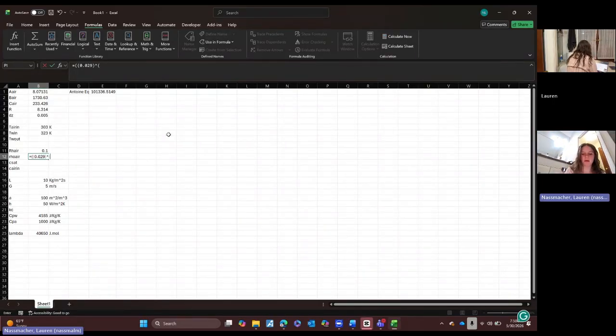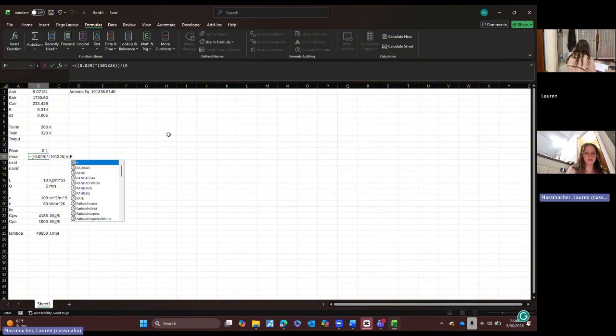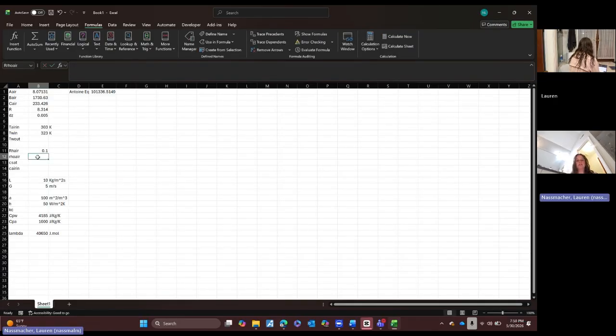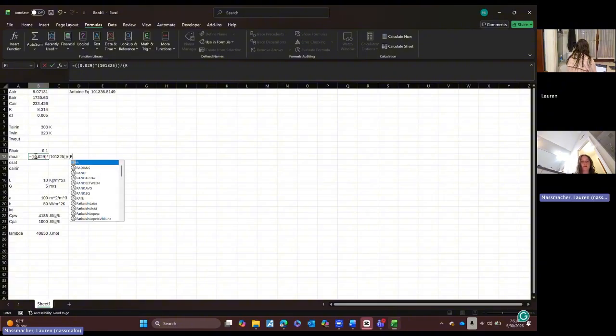Multiplied by our pressure, which is atmospheric, so it's just 101,325, divided by our R value multiplied by our T air in. Next thing we find is our density, our rho, which is going to be our molecular weight multiplied by our pressure, which is atmospheric. That's going to be divided by our